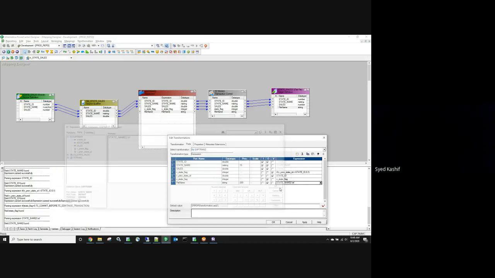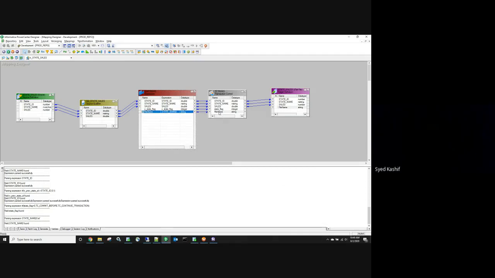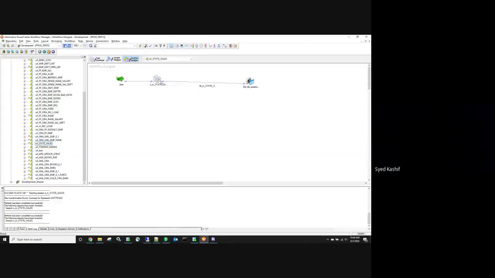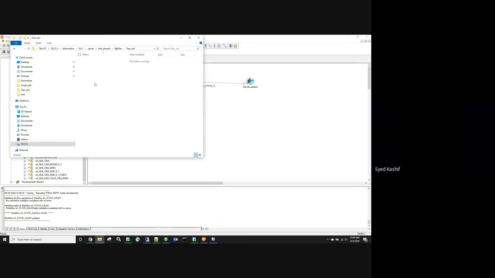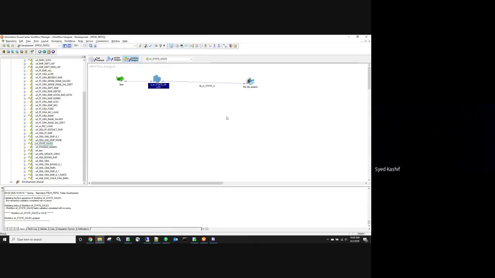Say okay. Say apply. Say okay. Map this here. Map this here. So when I run my workflow, make sure that nothing is here. Okay. So when I run my workflow,